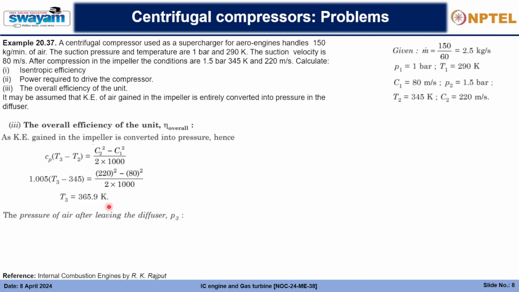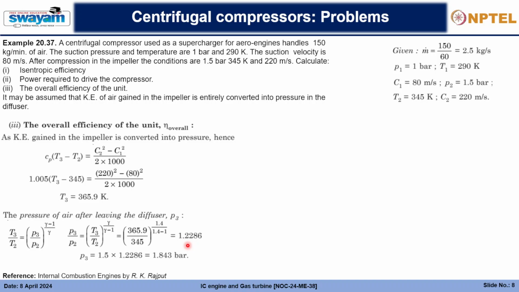So the pressure of air leaving the diffuser P3, we will consider that as an isentropic process, and we will use the thermodynamic correlation of the isentropic process for the pressure ratio, and accordingly we will plug in the values, and we will get the pressure ratio to be 1.22. We know the pressure P2, we will multiply and we will get the final